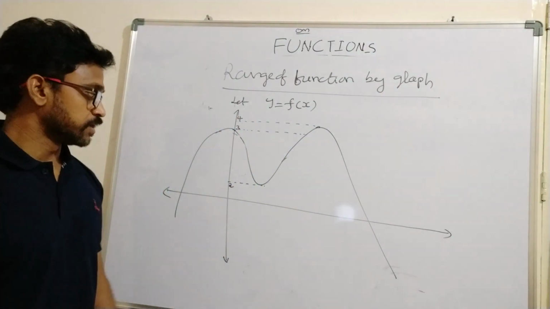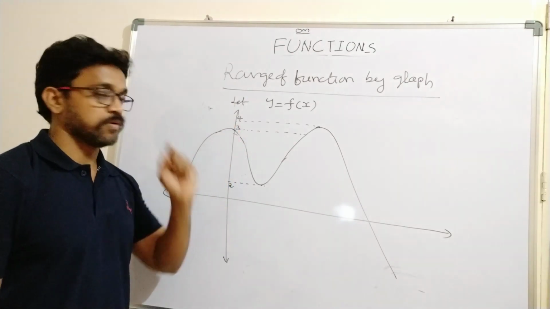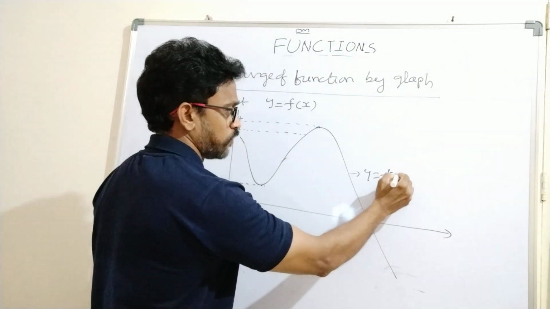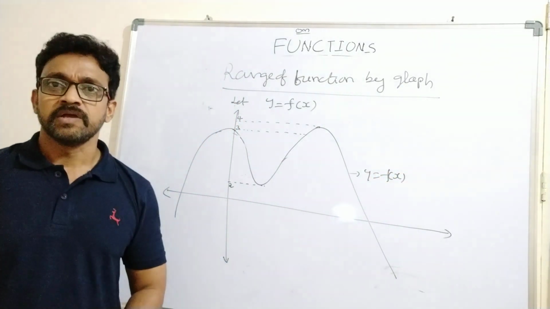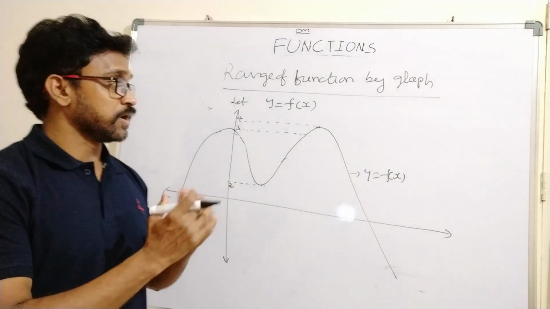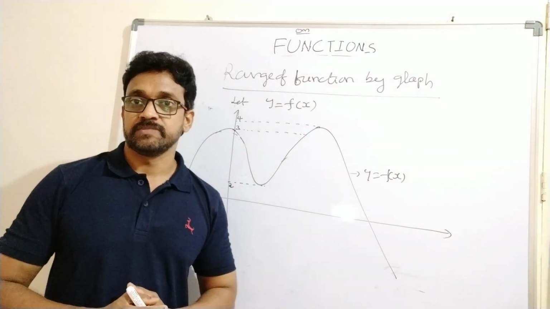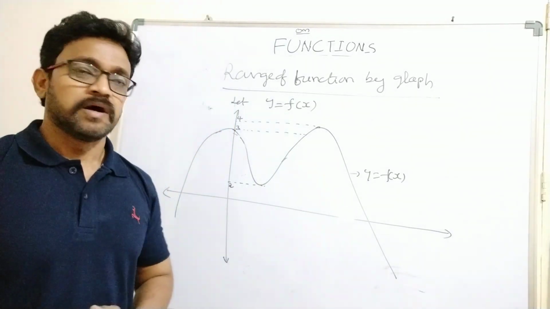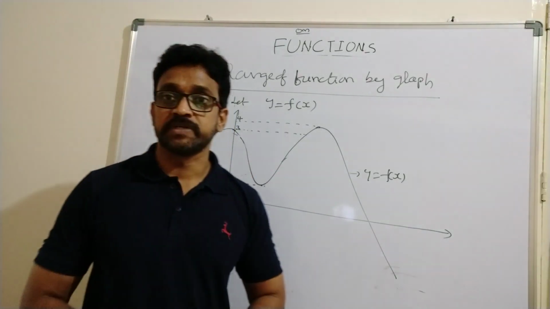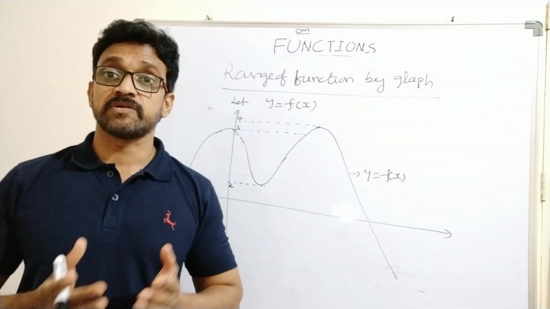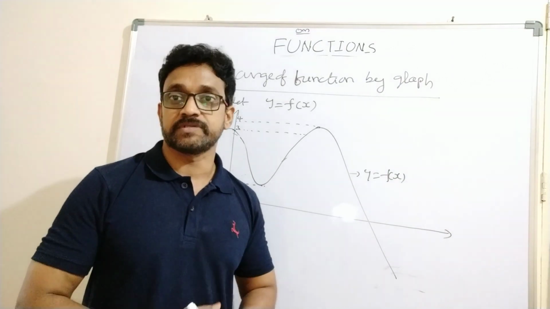Okay, some points are taken here: 2, 3, 4. This is y is equal to f of x, with a curve. Now observe here how to calculate the range of this function. Why will f of x be any generalized function? After completion of this explanation, we will discuss the range of the trigonometric functions, inverse trigonometric functions, and exponential functions